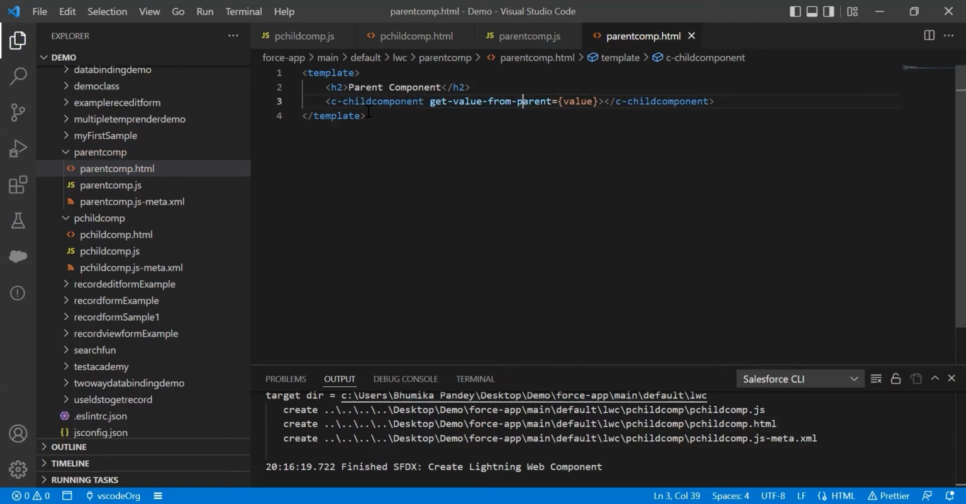And similarly, if let's say I would have named my child component as capital C child and small letters component, then how would I have called this component? I would have called it like this, just imagine. But I have kept everything as small letters, so there's no need to convert the name. So let's just keep it this way